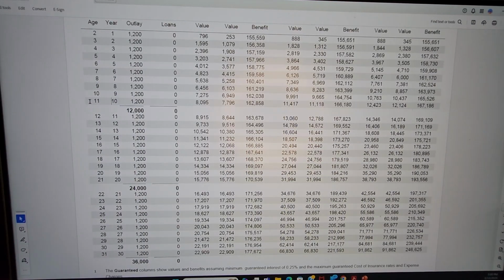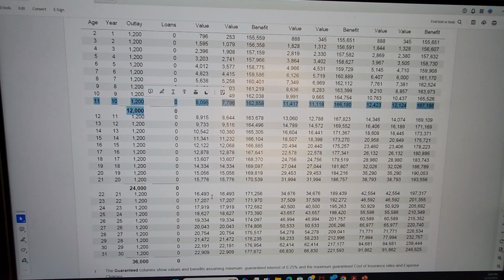At age 11, year 10 of the policy, you have paid $12,000 total throughout the years, and now you have a death benefit of $167,186, and you have access to become your own bank or take a loan against this policy of